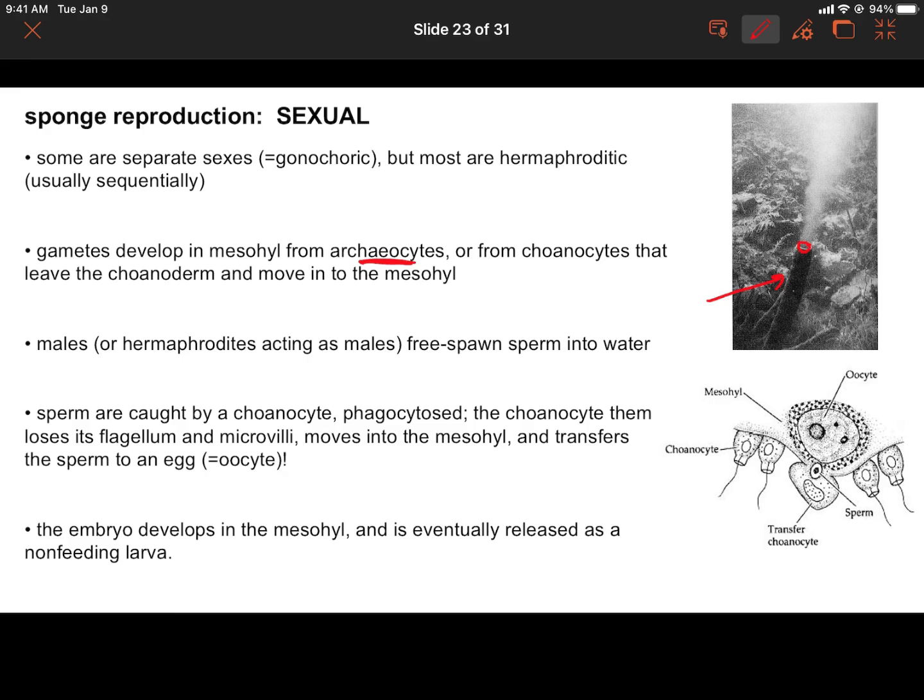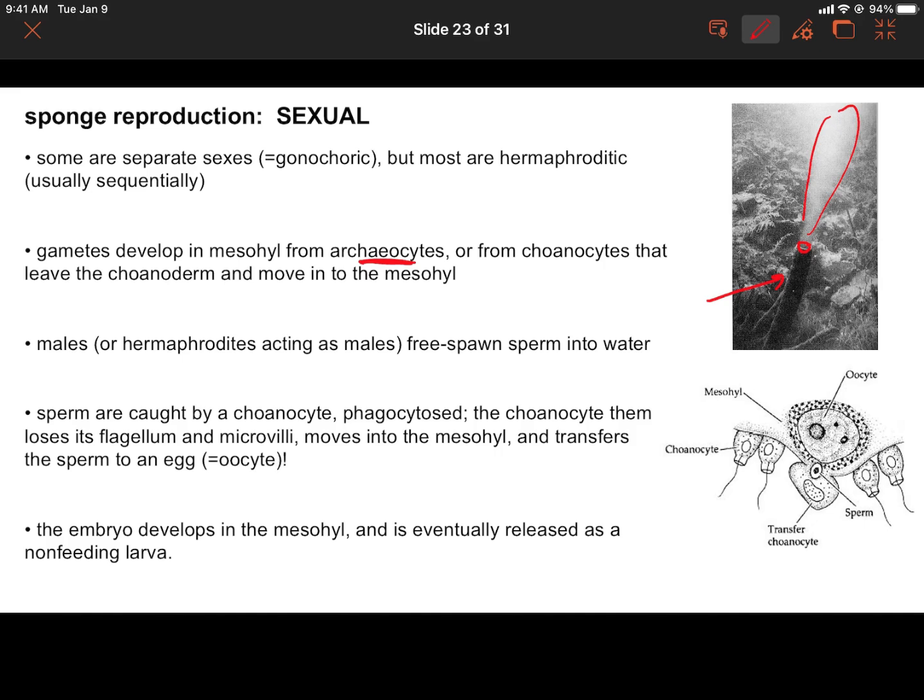There's the osculum up here, and this cloudy situation is a bunch of sperm. Some other sponge of the same species nearby will catch that sperm. They have choanocytes. They're perfectly ready to catch tiny things, right? If it's a sponge of a different species, it'll just eat the sperm. If it's a sponge of the same species, what happens is the sperm get caught by a choanocyte, they get